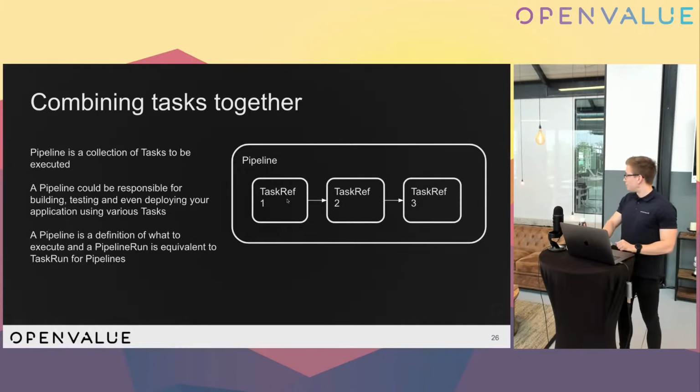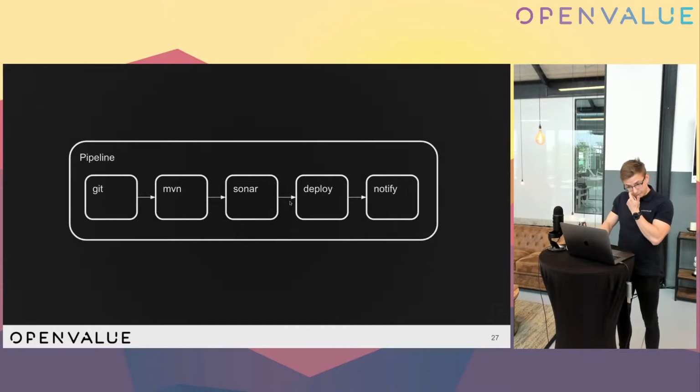And in the pipeline, we are referring to an existing task. So we don't define the actual task, but we're referring to a task. Well, hey, we want to, for example, start using Maven. And a pipeline could look like this. At first, we want to check out the code. Then we want to run, for example, Maven build or compile. Then maybe do some quality checks, deploy the code, and then notify maybe on Slack, well, hey, the build failed